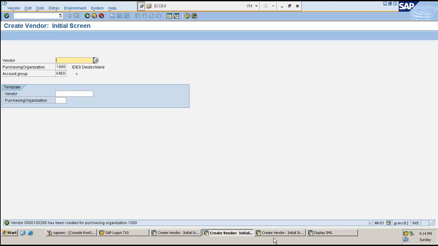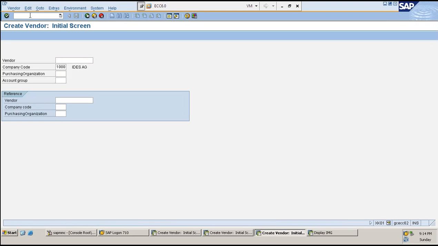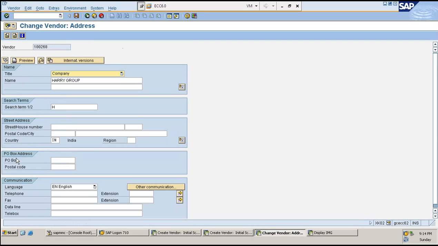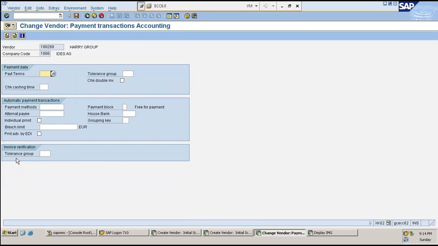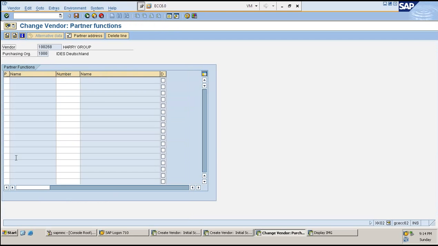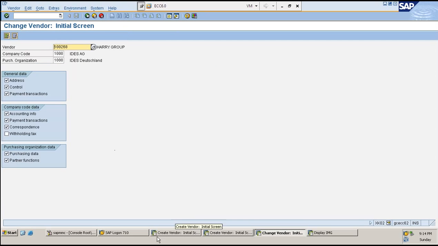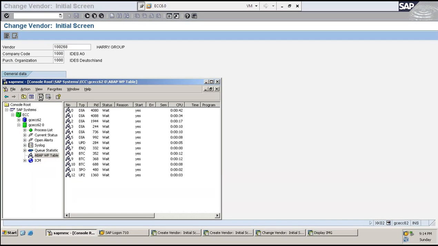Now, one more thing: if you go to /n XK02, you'll still be able to view the vendor. This vendor, which was created separately for company code and separately for purchase organization, can still be viewed here. Whatever details we keyed in using both different T codes can still be found here. The extended withholding tax functionality warning message is still okay. You go to purchasing data, and everything is included. So if you create a vendor in either of them, it will replicate here.